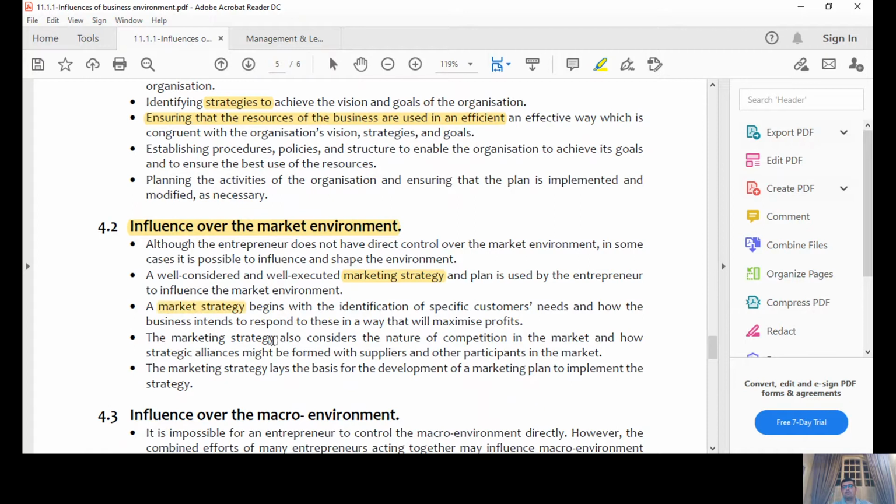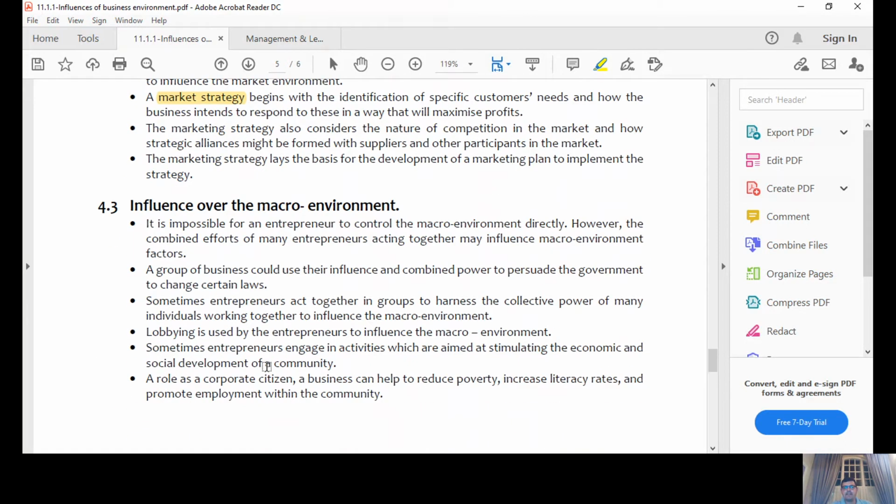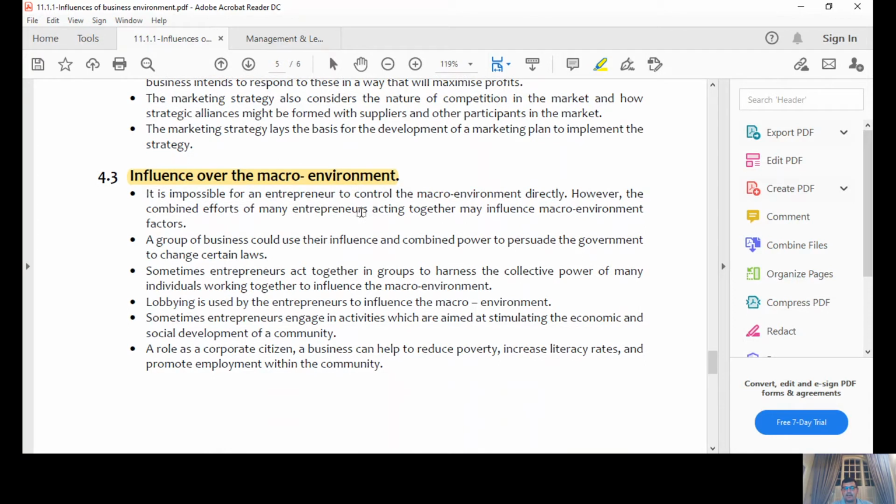Marketing strategies will come later in this year. We're going to do the marketing function in detail. So a proper marketing function will definitely give you some control over the market environment. And then lastly, the influence over the macro environment. Now remember, we said we have no control over the macro environment, but we can indirectly adapt and influence this environment, especially through things like combined efforts, combined power to persuade government,